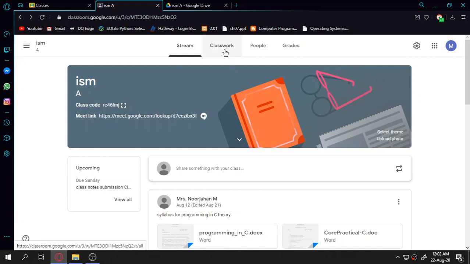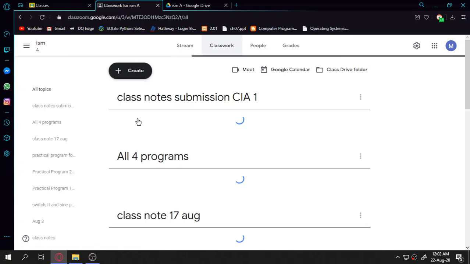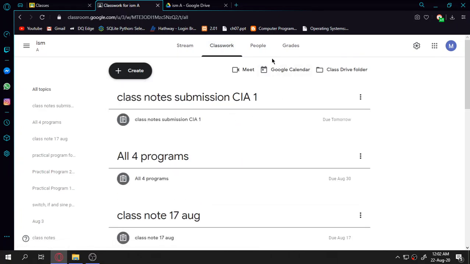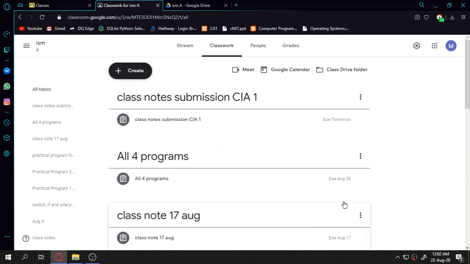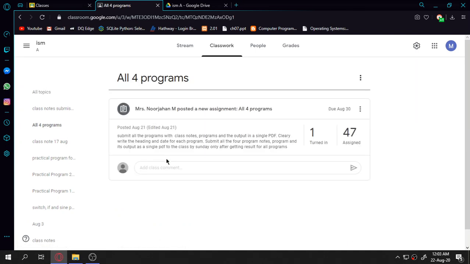Okay, and now going to the classwork. This classwork helps you to assign all the work. We can see the folders and give the grades also. Everything comes from this classwork only. You can see all the classwork I have given so far to the students, and I can view this on the left side. I can view all the topics, what work I have given to them, and I can also go by work. Suppose I want to review this work, I can go work by work through all the programs. Out of 47 girls, one has turned in. So likewise I can find out how much of the classwork they are able to follow.